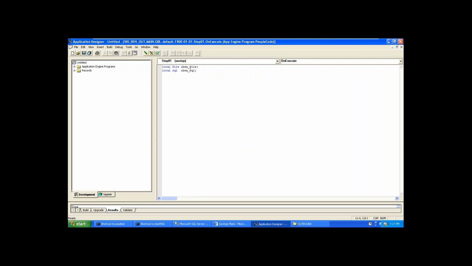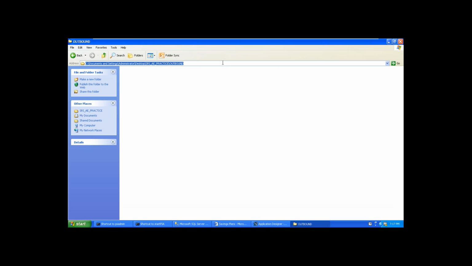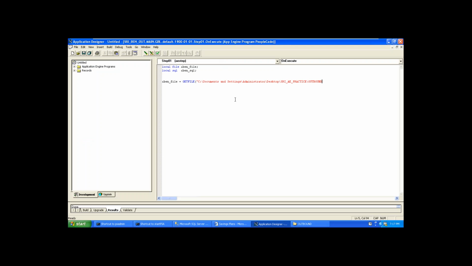First of all, I have to derive the file path into this file variable using GetFile. Here is the file path, and I am giving my file name as employee benefit data dot text file.